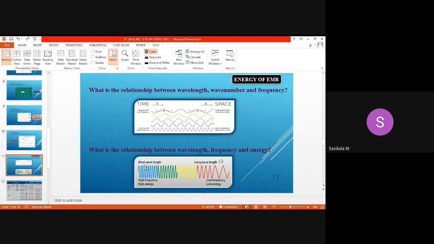See, the wave number is very less here, since the number of waves and cycles of waves are increased. So this represents high energy and high frequency. Coming to the end of the wave, wavelength is increased, and it is decreased with the frequency, decreased with the number of waves, and decreased with the energy.